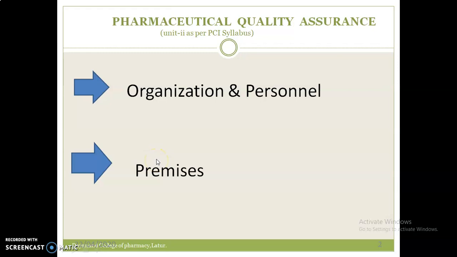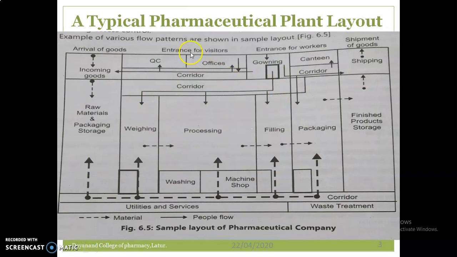Pharmaceutical industry premises should include design, construction, plant layout, maintenance, sanitation, environmental control, utilities and maintenance of sterile area, and control of contamination. It includes building, its location, and effluent control measures. Here, a pharmaceutical plant layout should be prepared in such a way as to avoid risk of contamination, permitting effective cleaning and preventing quality defects in the products.